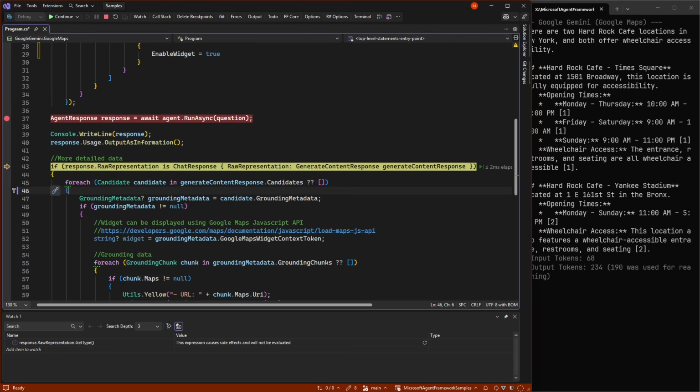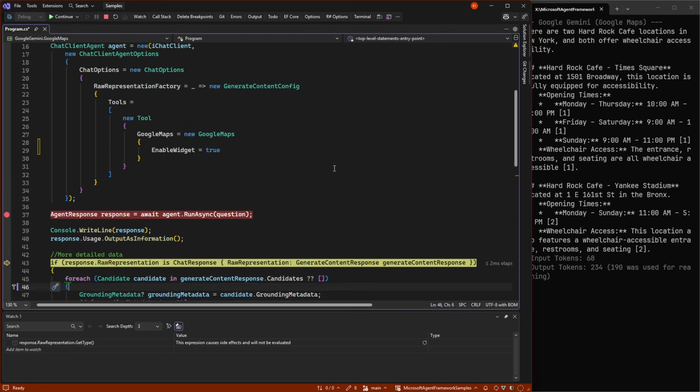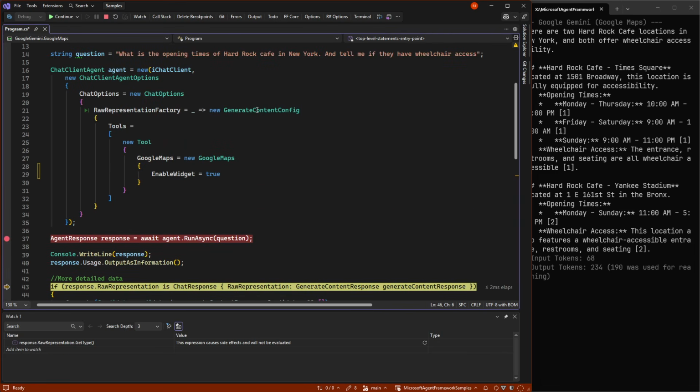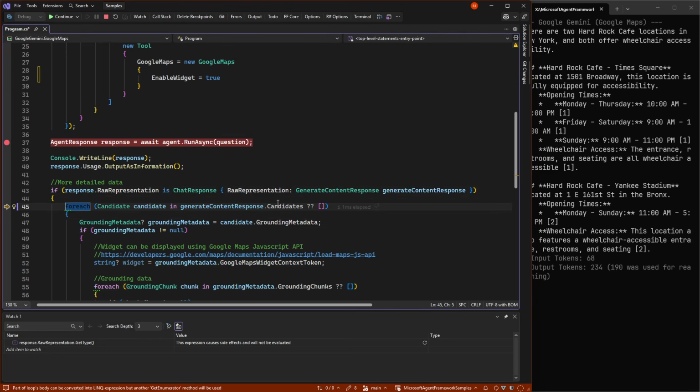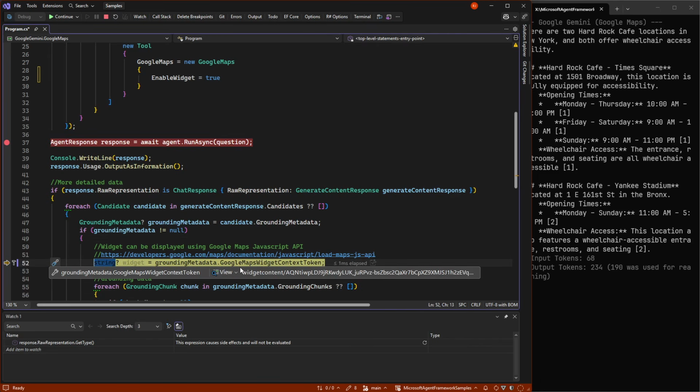But if we take the raw representation of that, we get back to the generate content response, so the output of this. And once we have that, we can go to something called candidates. And inside the candidates, there's only one in this case, we can get grounding metadata. So if we get that metadata, we can get what is called the Google Maps widget context token.